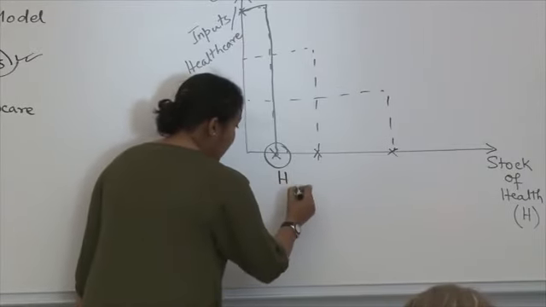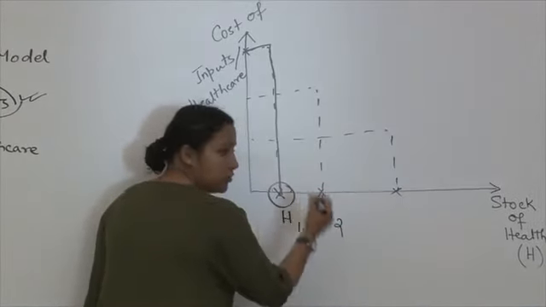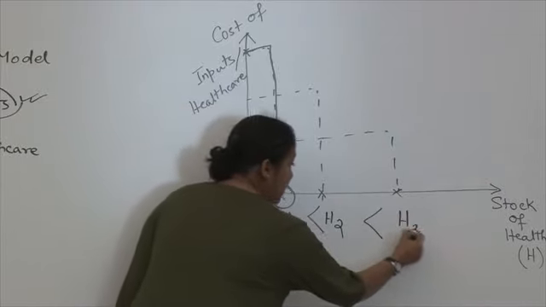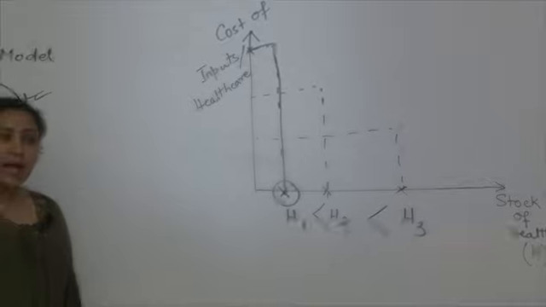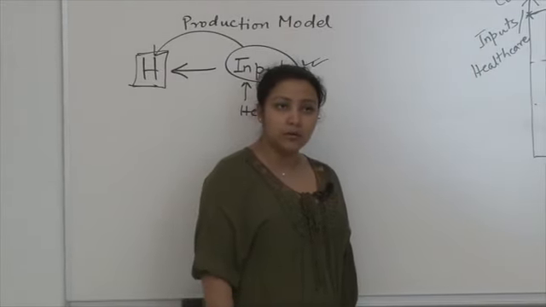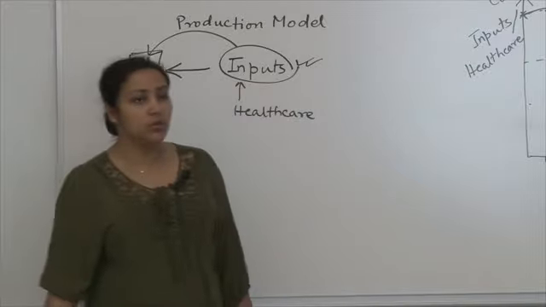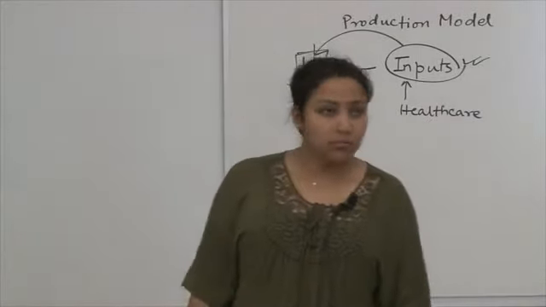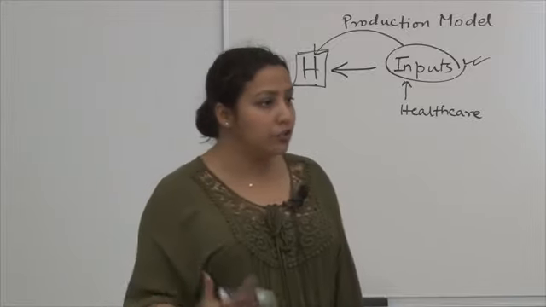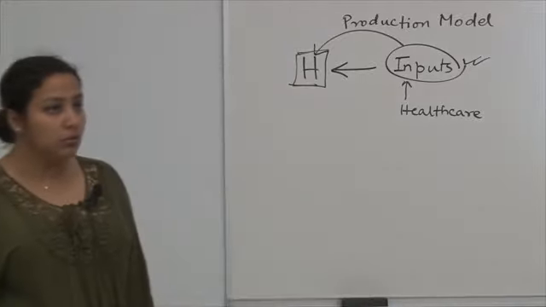Now, if your health stock improves, where H2 is greater than H1 and H3 is greater than H2, then that benefit gradually reduces over time. Let us say I have cancer, so I am in extremely poor health. Radiation treatment or chemotherapy will be of maximum benefit to me. After the first round of treatment, my disease is probably somewhat under control. For the second round, I still have benefit, but the benefit of the second round of treatment is going down.